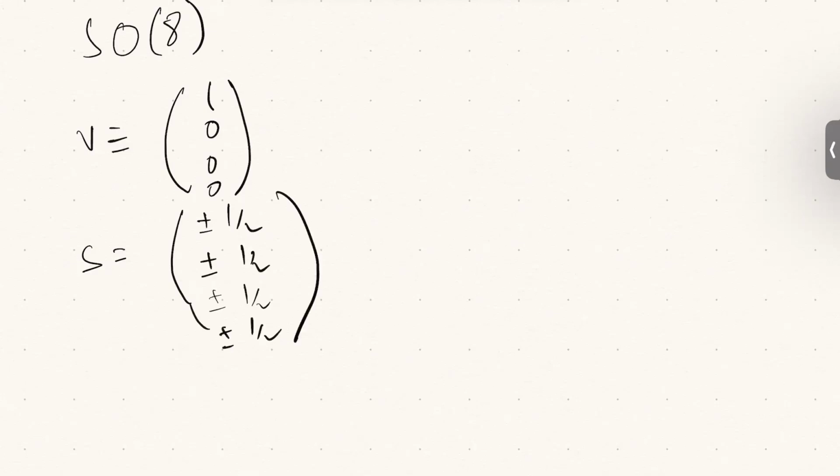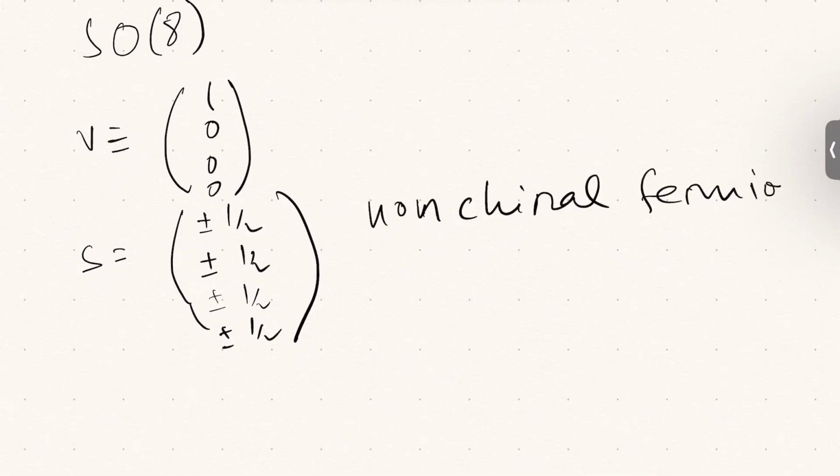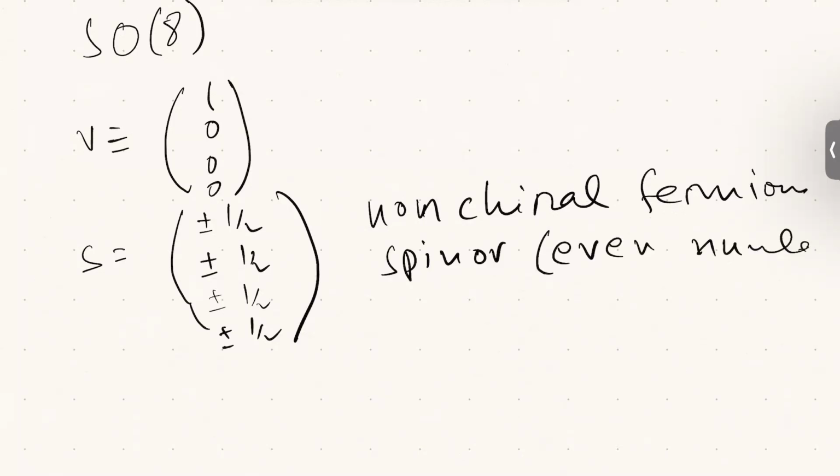So the non-chiral fermions have an even number of plus or minus. And the chiral fermion